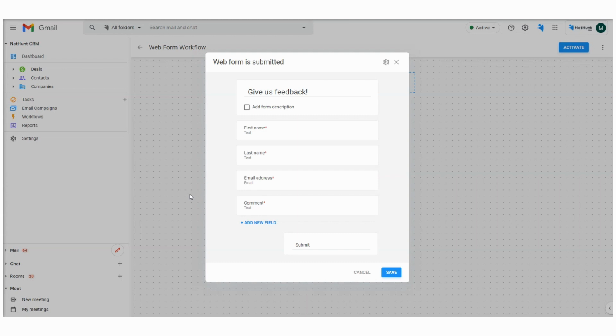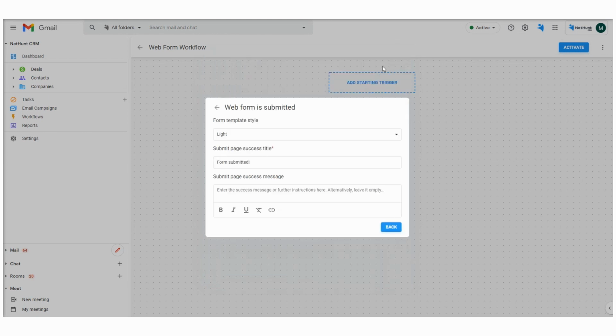In the top right corner of the web form creation menu, you'll find a settings cog. Hit that cog. These settings include form template style, which is basically the color scheme of your form. Dark is a personal favorite and very en vogue at the moment, but you can also choose from light, default, red or blue forms.